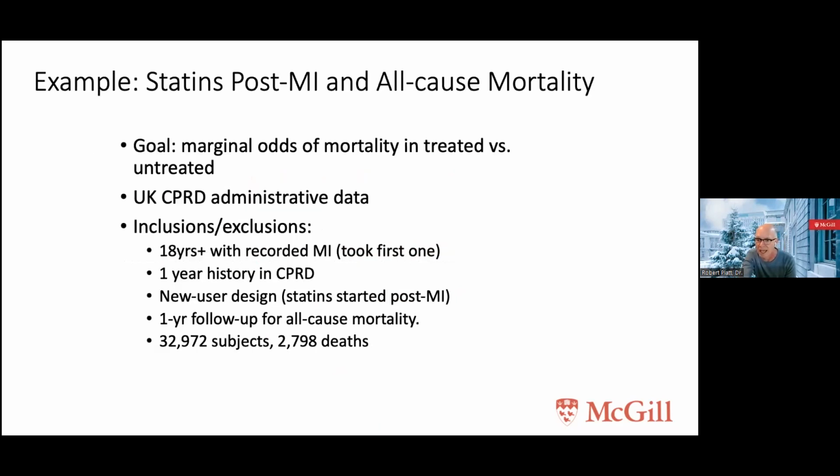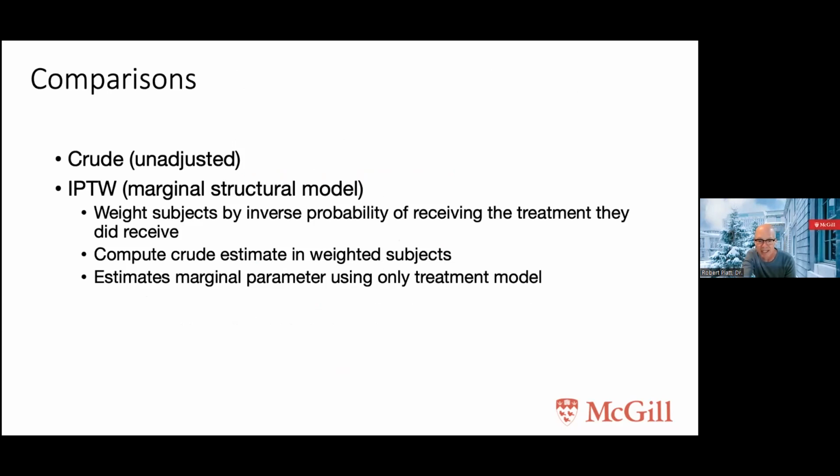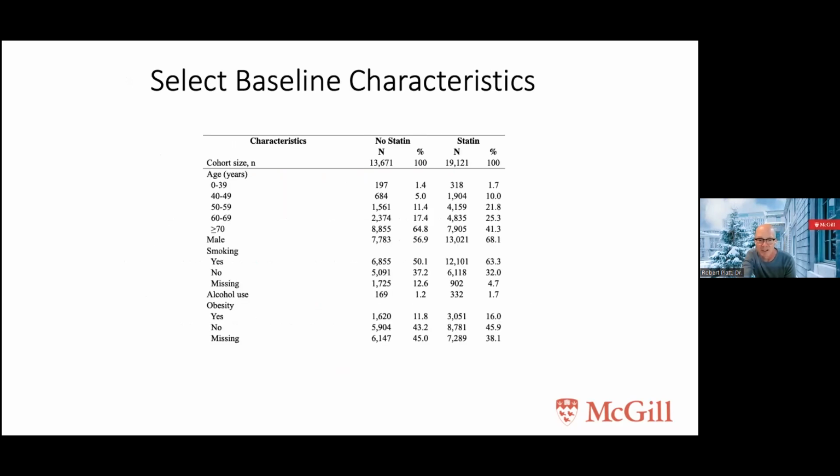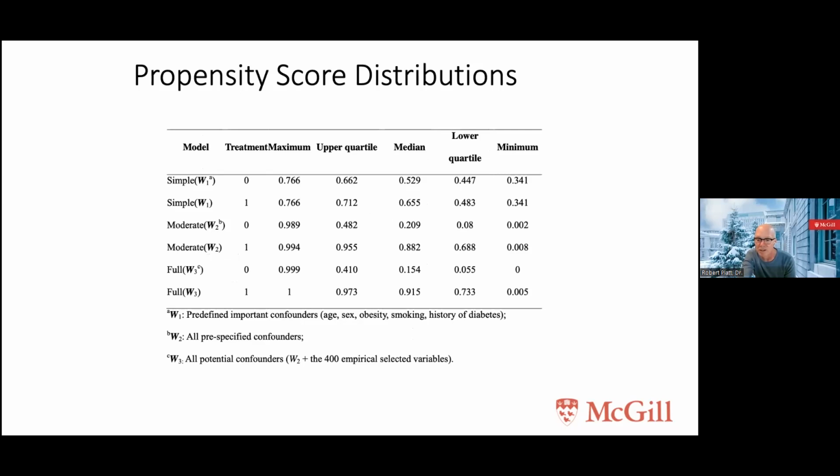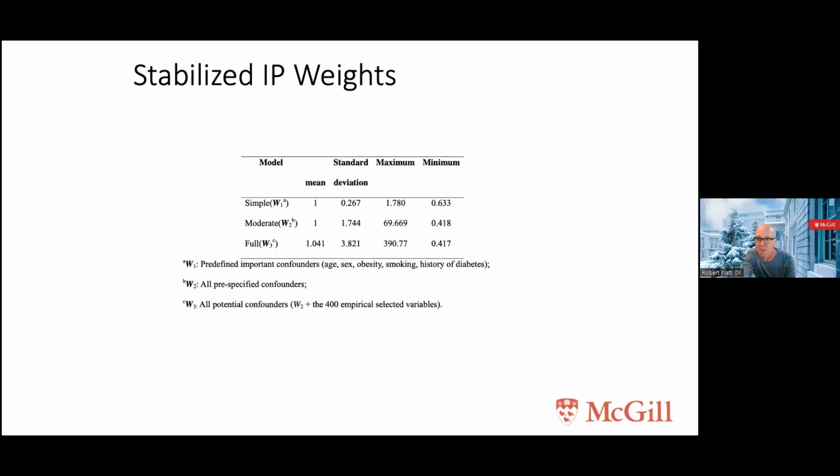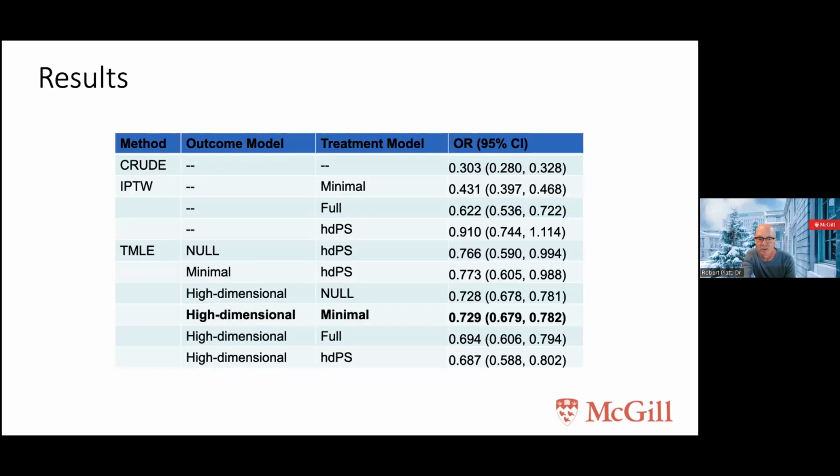And I'll skip over these next slides. I'll give the reference to anybody who wants it. This was a study rerunning a study of statins post-MI and looking at mortality, using targeted maximum likelihood and the double robust methods under a variety of settings, and showing that they did reasonably well, in particular compared to inverse probability weighted models, which is what we would standardly have used in the past.